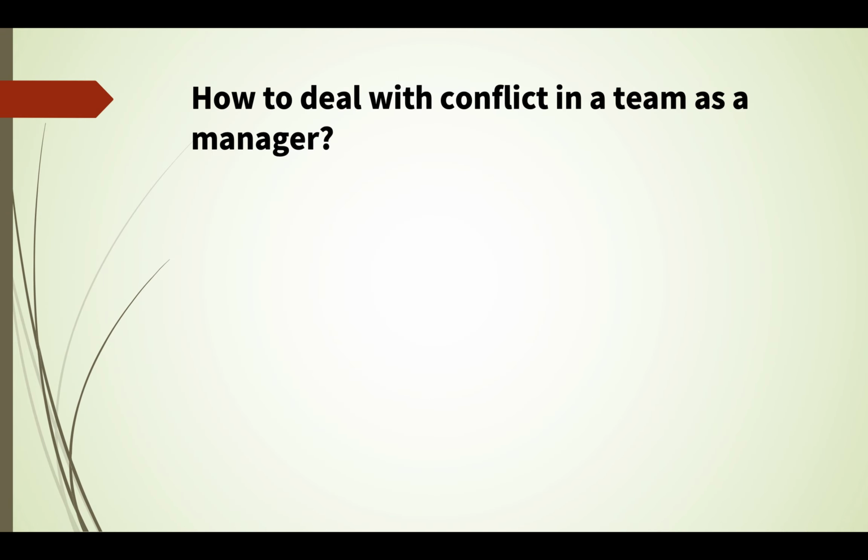How to deal with conflict in a team as a manager. What are the steps we should follow? Before I start the topic, let me tell you, when we're trying to resolve a conflict in a team, it is important to practice the following skills in resolving them in the workplace. Now, on how to deal with conflict in the team as a manager: